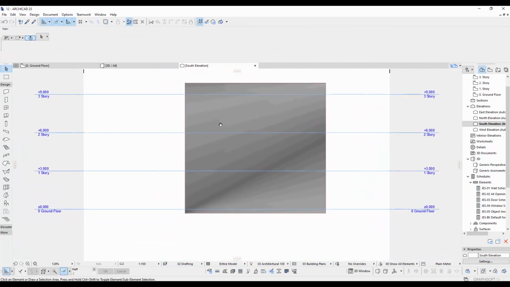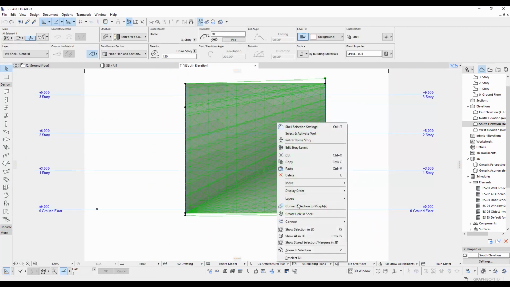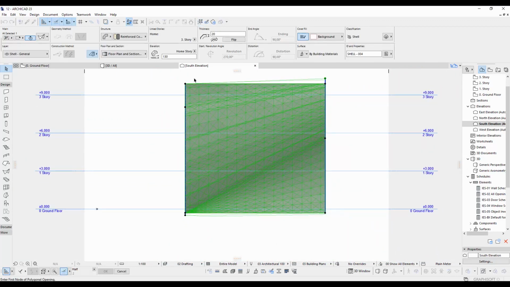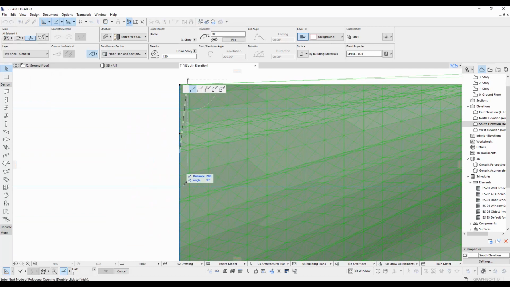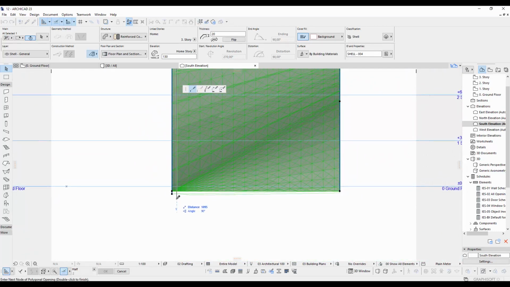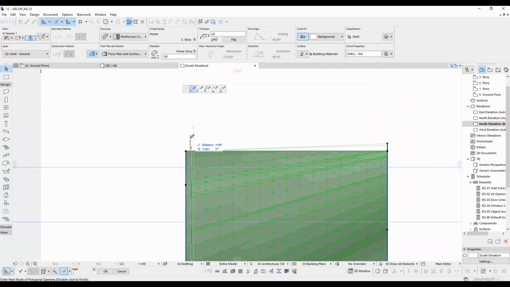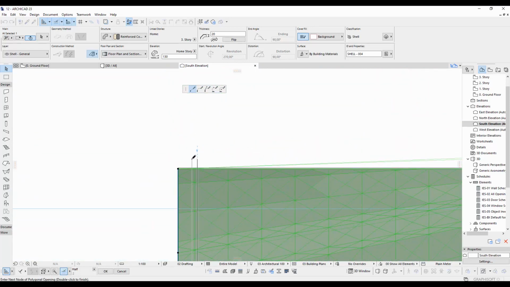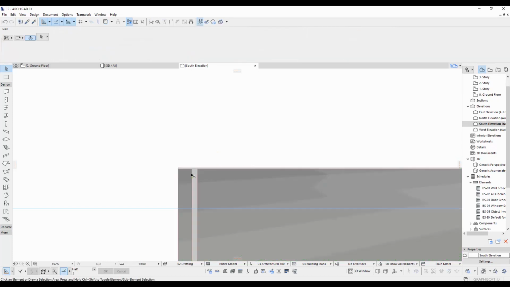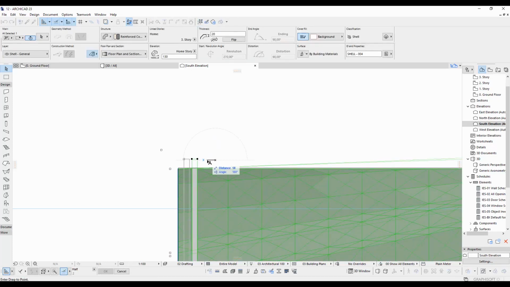I'm gonna make openings now. Right click again and click Create Hole in Shell this time. I draw an opening and am going to array it along the model. Just click the opening and it will be selected. I can use basic commands like copy, rotate and drag on this.